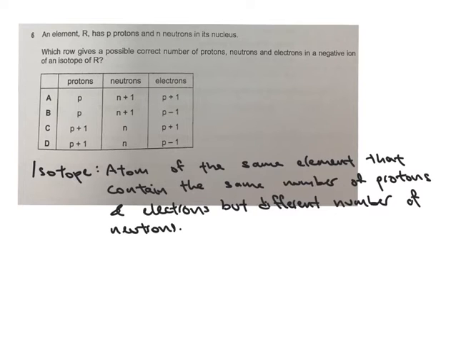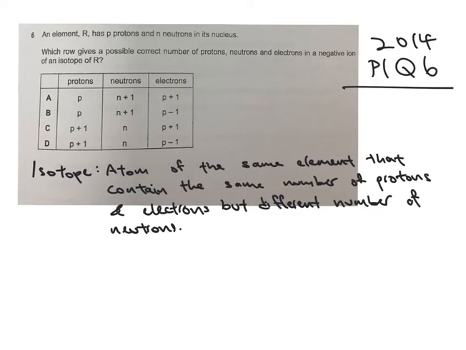Today we'll be looking at a question from the 2014 paper, and this question is from paper 1, question 6. Right, let's take a look at this question now. An element R has p protons and n neutrons in its nucleus. Which row gives a possible correct number of protons, neutrons, and electrons in the negative ions of an isotope of